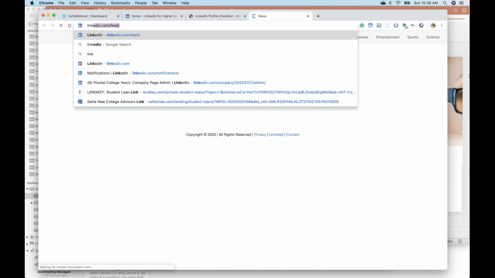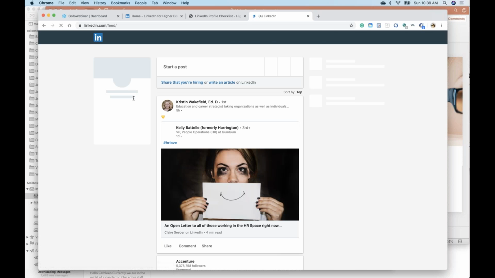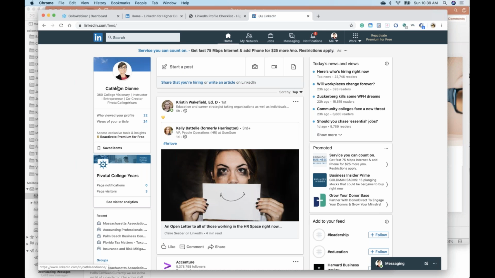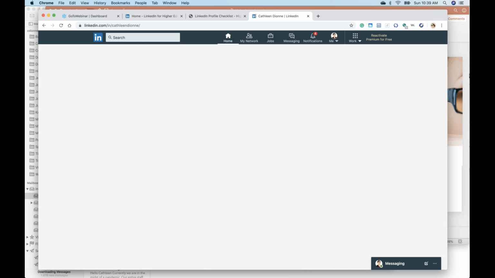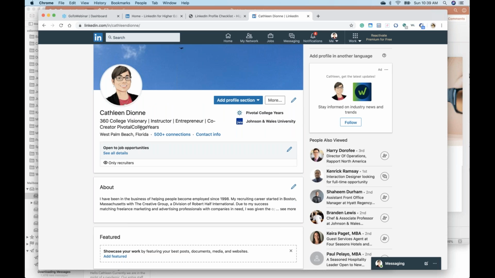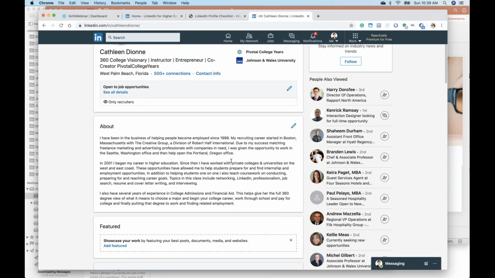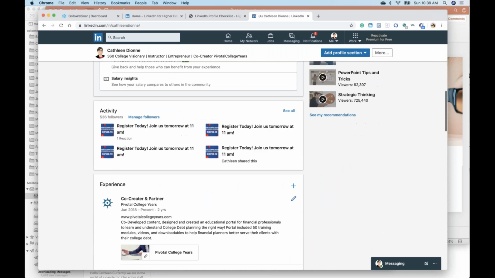Now let's just take a quick look. I'm going to go to LinkedIn and show you my LinkedIn profile so you can see some differences. I want to show you where you can make adjustments. Right here, I actually had this picture drawn of myself. They used it from a picture and enhanced it with computer, and that's what I chose to use. As you see my headline, lots of different things in there. My about section, I've been in the business for a long time, so I've got a lot more to say, but it's still not a book.